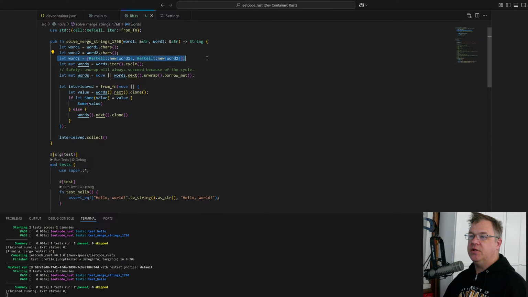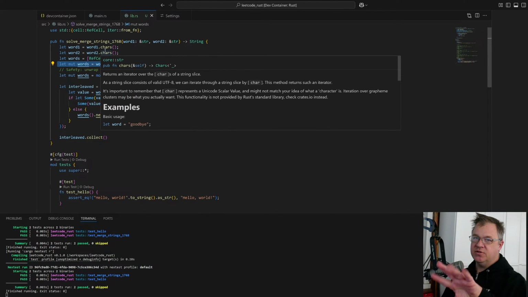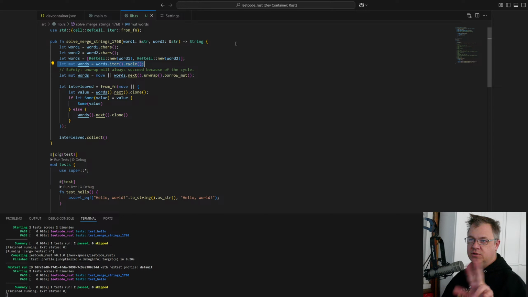We put those into a two-dimensional array, wrapping them in ref cells because we need to be able to modify the internal. And just because of Rust borrowing rules, this is what we have to do. We cycle words, so this is going to bounce back and forth between word 1 and word 2 every time.